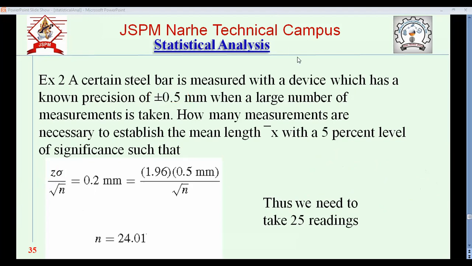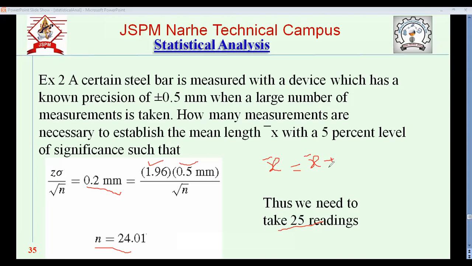So we put the values now. We put Z for 5% level of significance, which is 1.96, and the standard deviation is 0.5 mm divided by square root of the number of readings. Now we know how much variation we want, plus minus in the mean reading, it is 0.2 mm. So we can find n to be 24.01. Now taking the nearest higher value, it comes to be 25. So we can maintain now our mean reading as